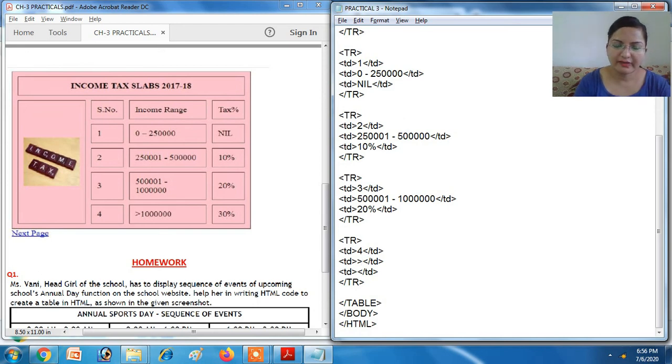You know very well the greater than symbol will not be visible. For that we have to use ampersand GT. I have told you about escape sequences. So for that you have to use here 1, okay, and here it is 30%. Got it? The data is filled.